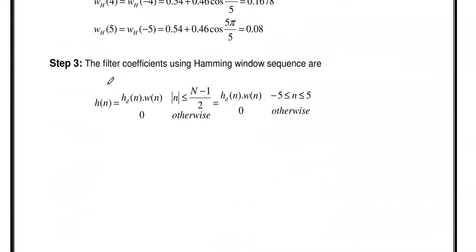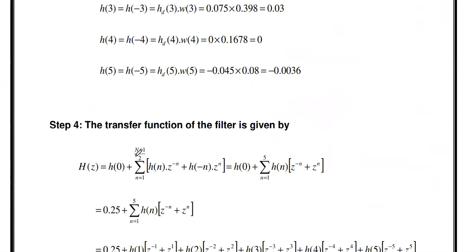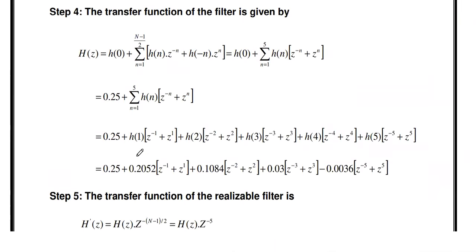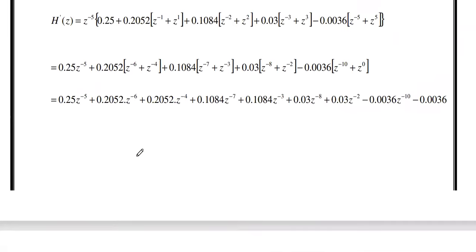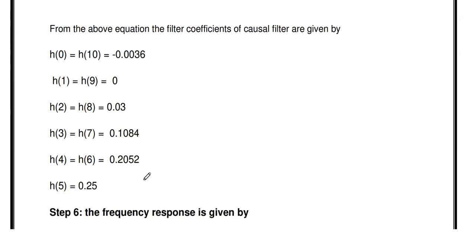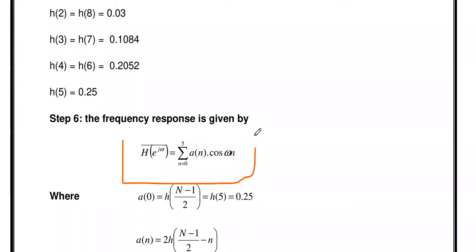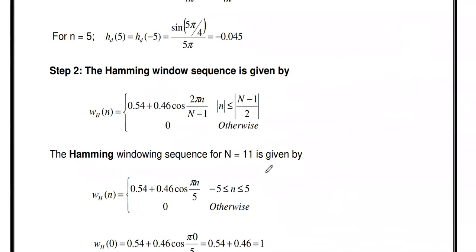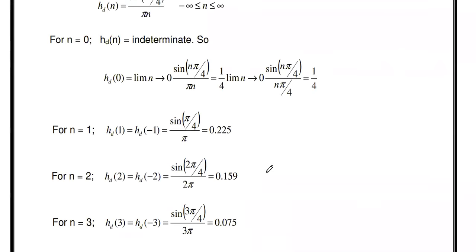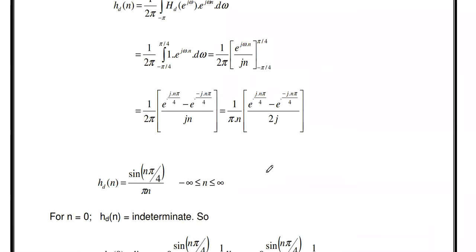Then after calculating the finite impulse response, if you take the Z transform of this h of n, we can get the transfer function. Then if we want to find the magnitude response, using this filter coefficient and the formula H of e power j omega equal to this, you just find the magnitude response of the given filter. Okay, so these are the steps to be followed. So first we are going to solve this problem using Hamming window, and the same problem we are going to solve in Hamming window also.